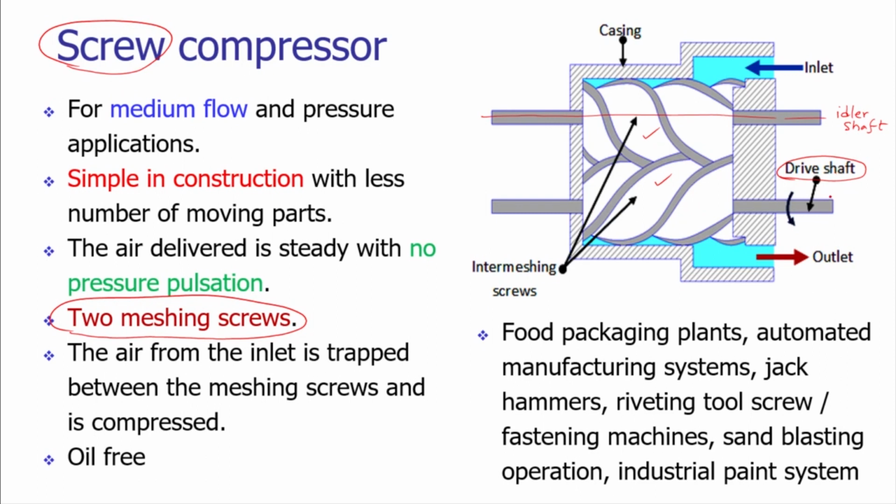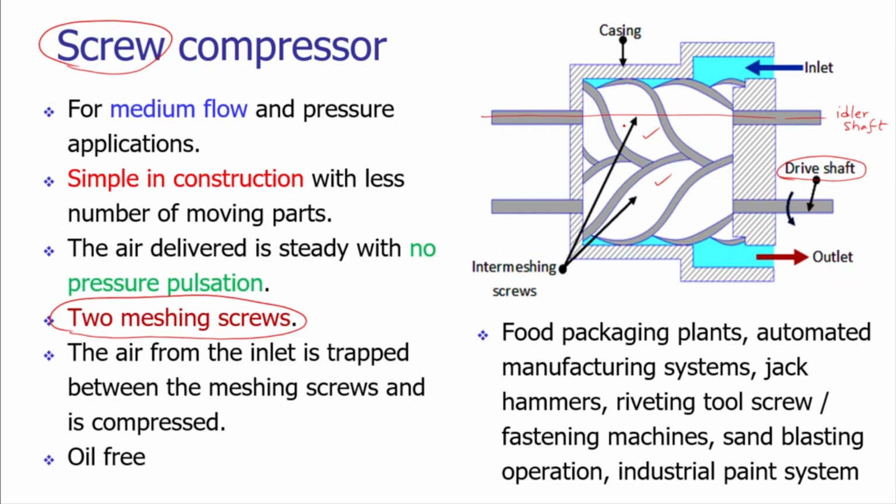So the drive shaft is governed by the electric prime mover. As the shaft is rotating, this drive shaft is driving the drive screw, and that drive screw is driving the other meshed screw. So during the process of rotation of these screws,